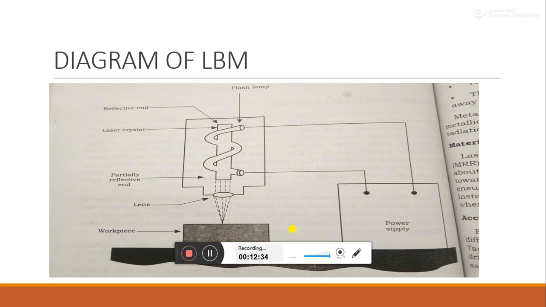Let me just explain that once again. This is a flash lamp, and this is the lasing material, and the power of the flash lamp is regulated by the power supply. If the power supply is increased, the laser beam intensity will also be increased, or a more intense beam will be produced. Now this end is the reflecting end because the beam amplification occurs here. This uses a front mirror and a rear mirror, so those two things are written simply as a reflecting end.